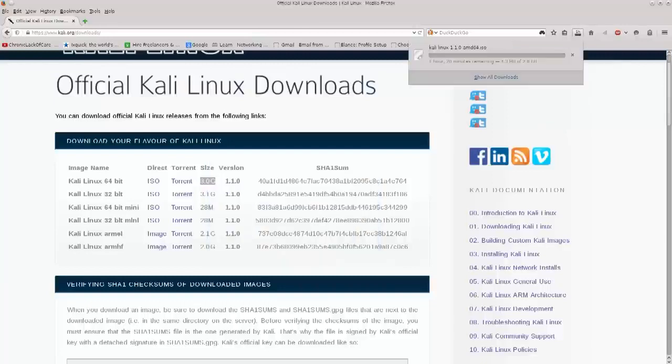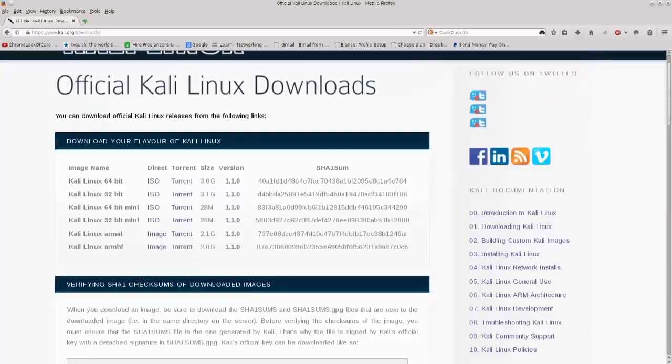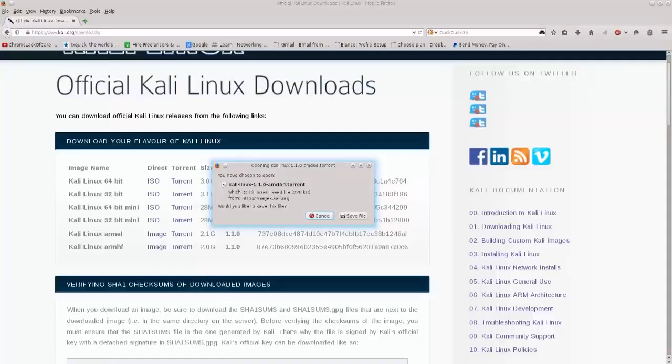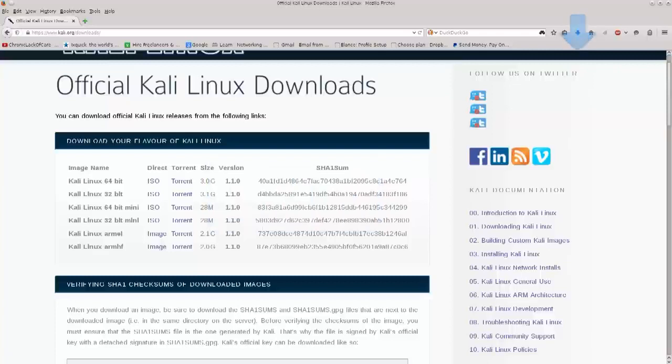It will be displayed here in the upper right corner. So you see it reports an hour and 20 minutes. I'm just going to go ahead and stop that because I don't want that happening. And then you have the torrent version as well. So you just click on torrents, save file,